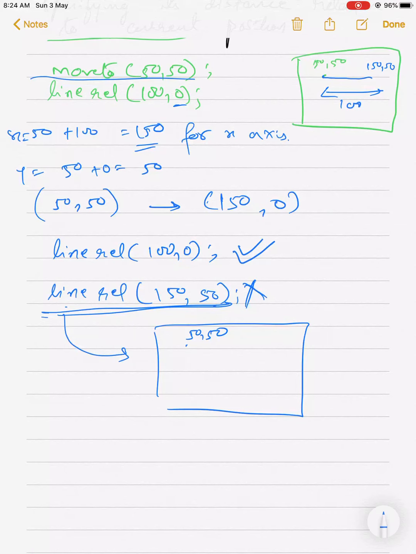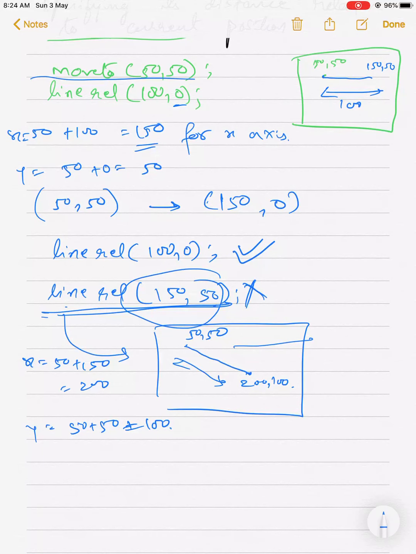Check. x will be 50 plus 150, that is 200, and y will be 50 plus 50, that is 100. So this line will move like this: 200, 100. You expected a straight line, but you are getting a slant line because the relative distance has been increased.